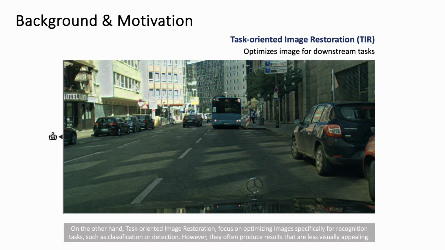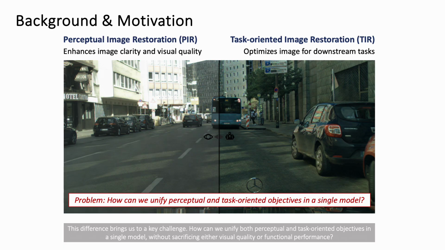On the other hand, Task-Oriented Image Restoration, or TIR, focuses on optimizing images specifically for recognition tasks, such as classification or detection. However, they often produce results that are less visually appealing. This difference brings us to a key challenge. How can we unify both perceptual and task-oriented objectives in a single model without sacrificing either visual quality or functional